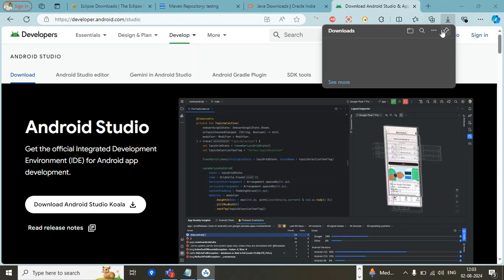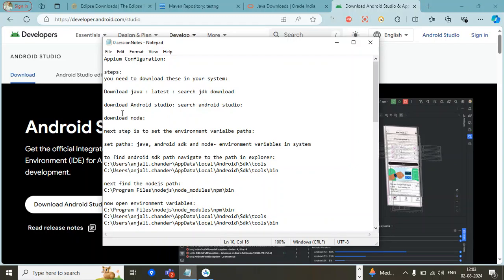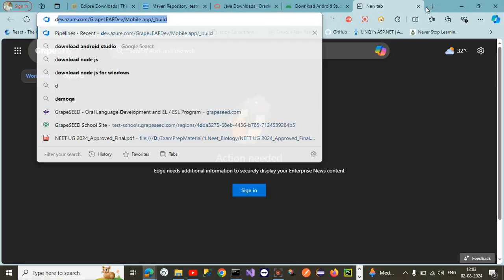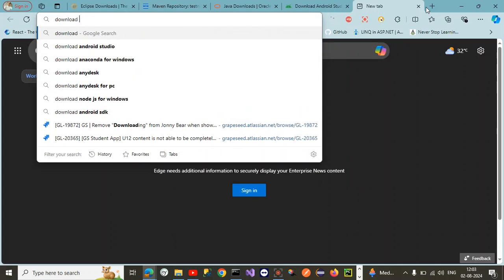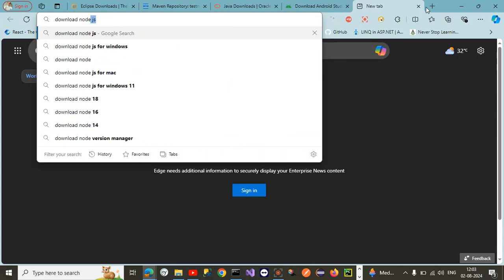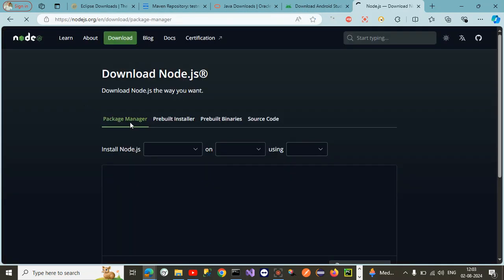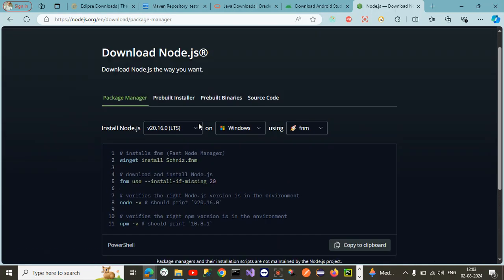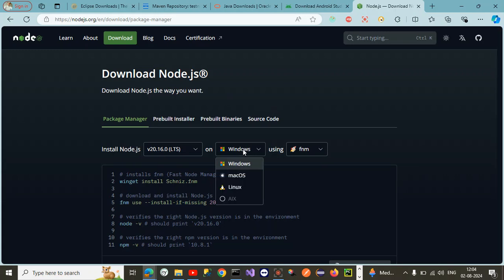Okay, so next thing that we need is Node.js. Navigate to this page and download it for Windows.